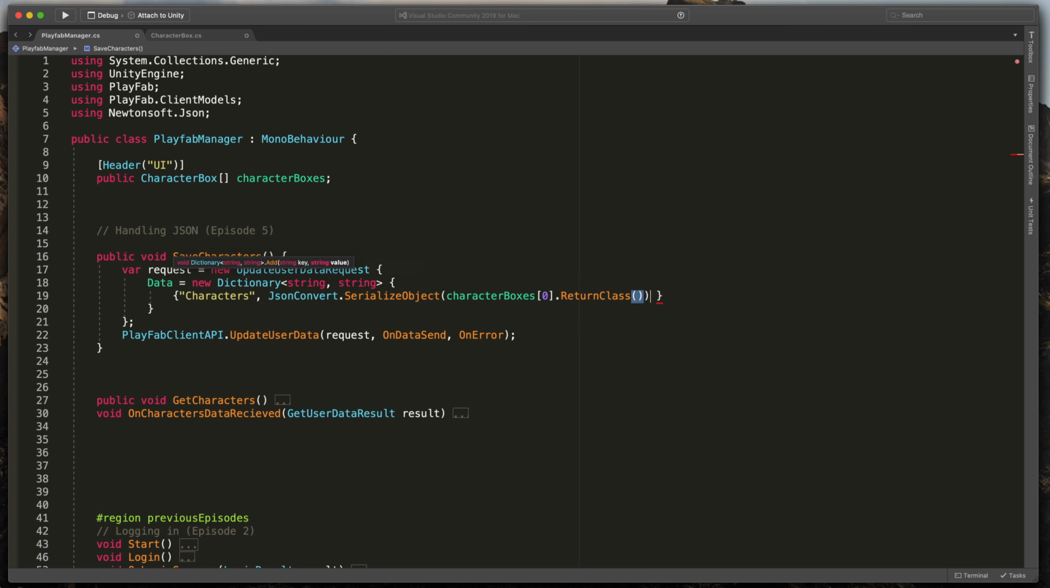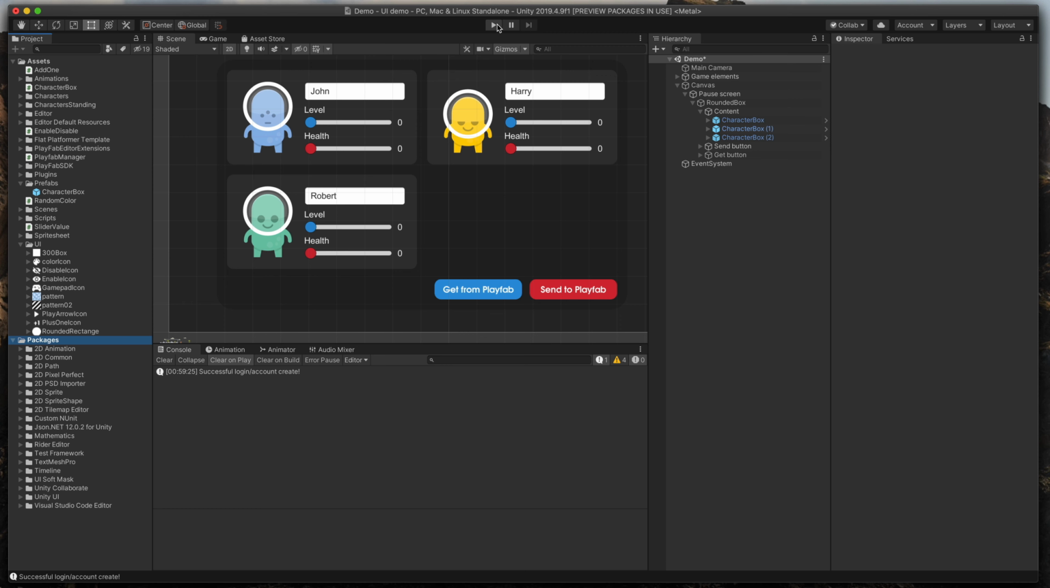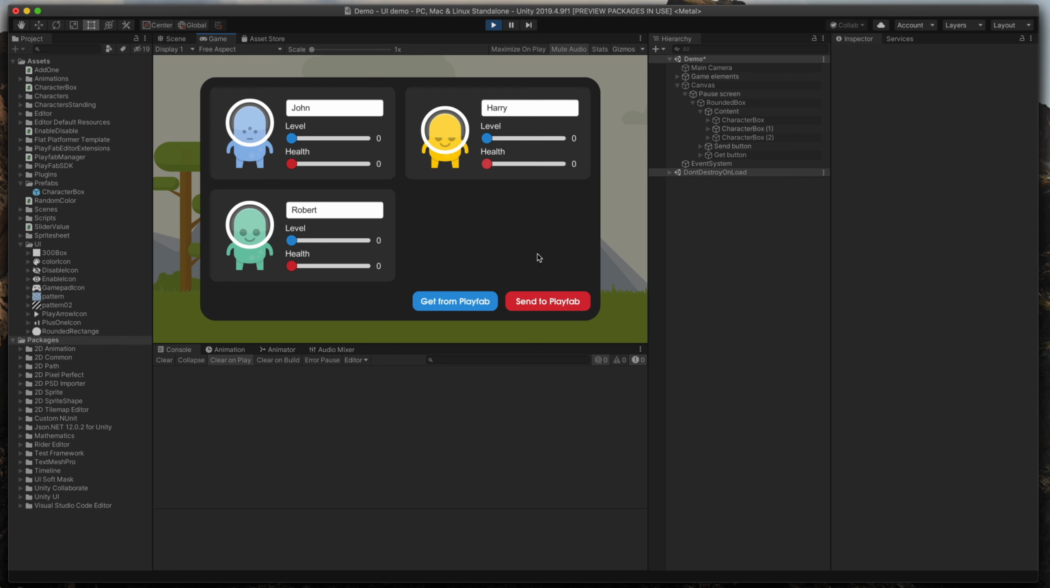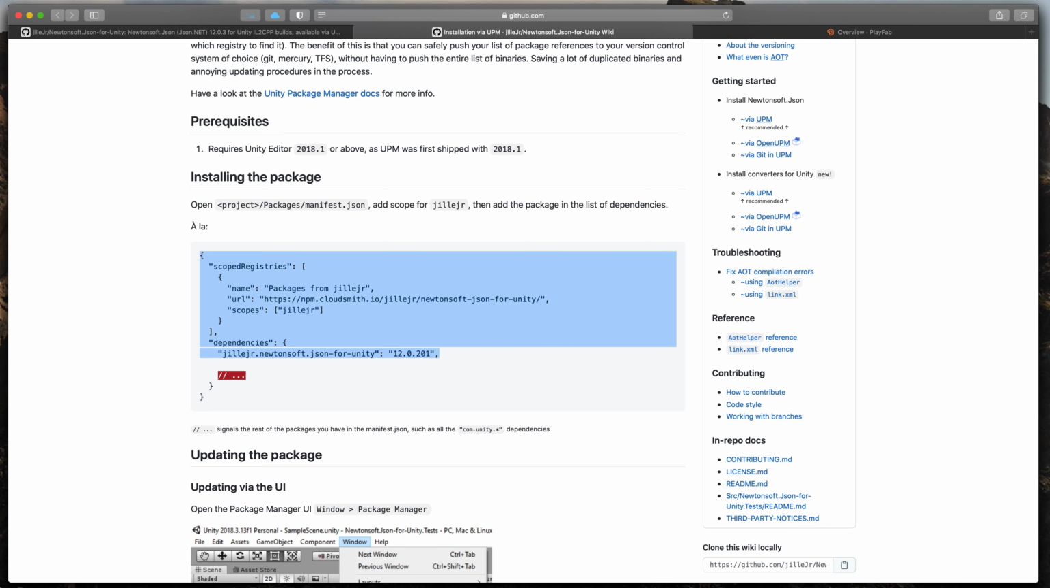Now we can actually test it. Save your script, go back to Unity and run the game. I'll now press the Send to PlayFab button. As you can see, here in the console we have a success message, so go ahead and open your PlayFab